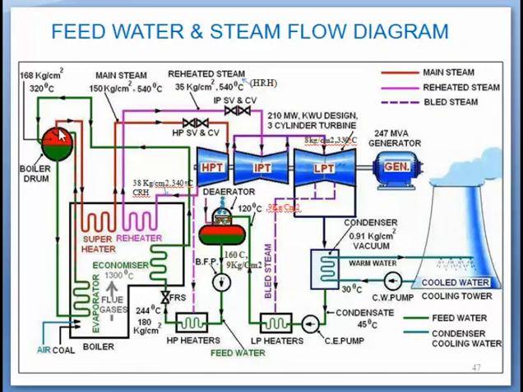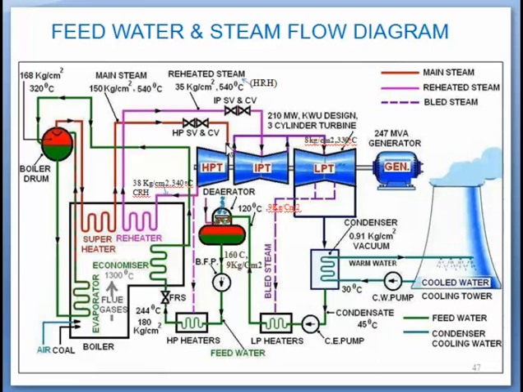The steam which is stored in the upper part, by virtue of its lower density, is taken from the top of the boiler drum, then it passes through the superheater, and finally through the high pressure turbine stop valve and control valve, it goes.